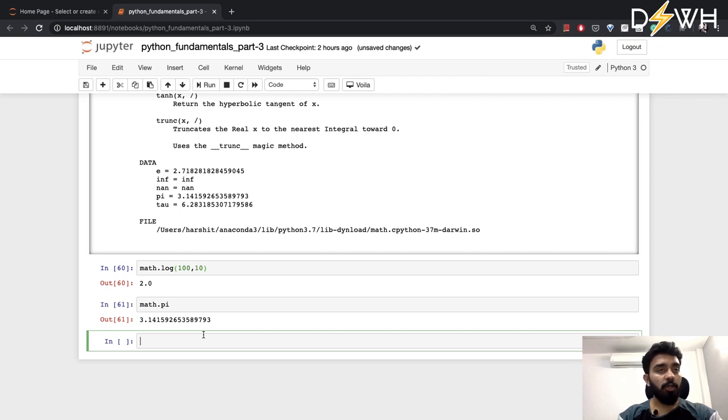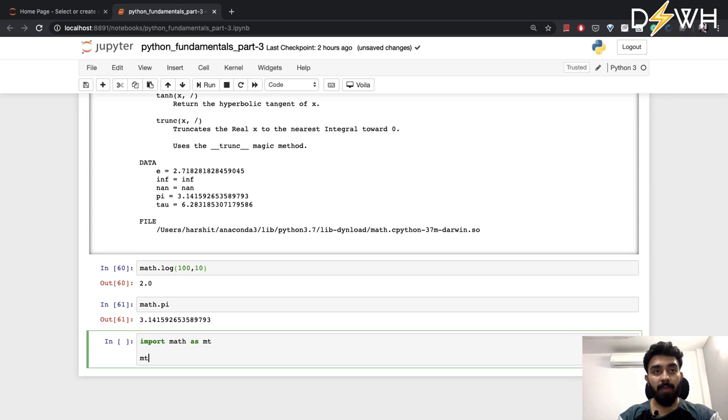The other thing that you'll often see is that people import external libraries using the as keyword. This as keyword is simply like np equals math.